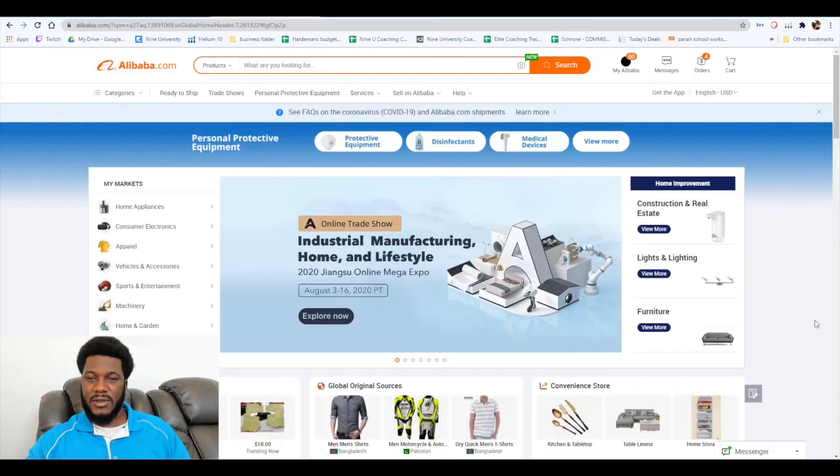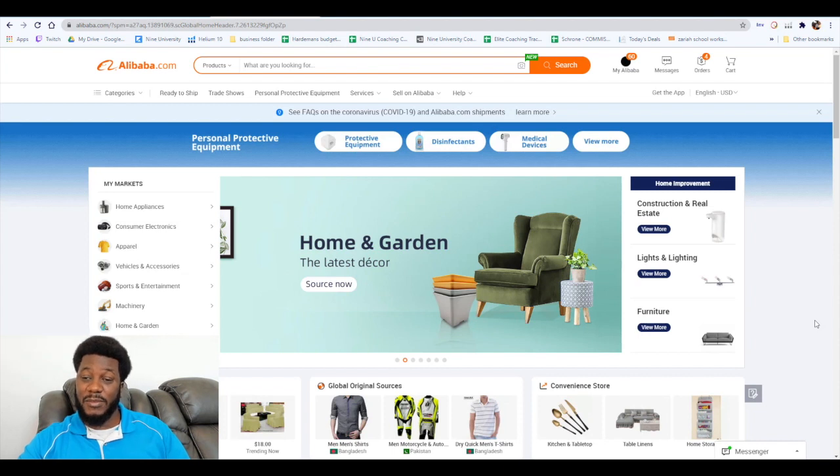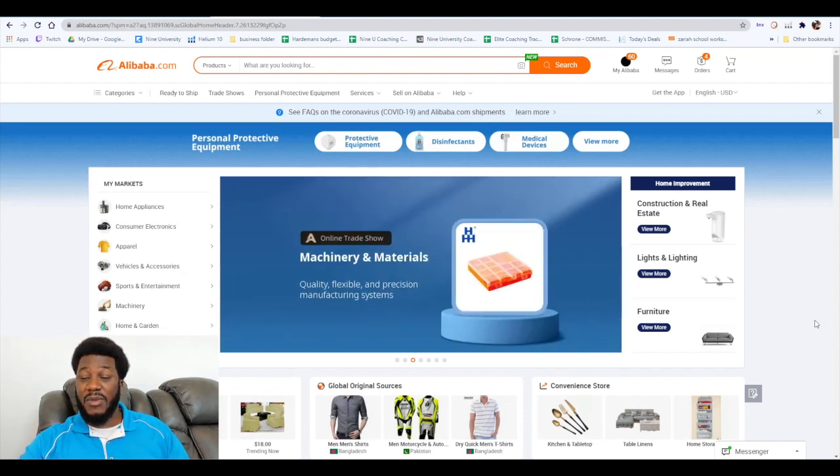Have you ever wanted to know how to do reverse product discovery with your budget in mind? Stick with me and I'll show you how. Hey guys, welcome to another segment of Tips for New Sellers. In today's segment, we're going to be talking about how to do reverse product discovery using Alibaba first instead of